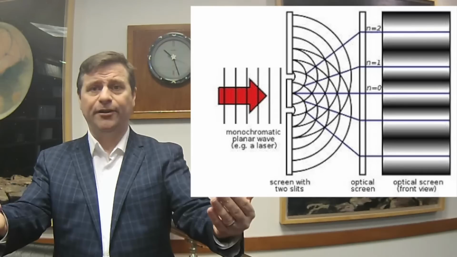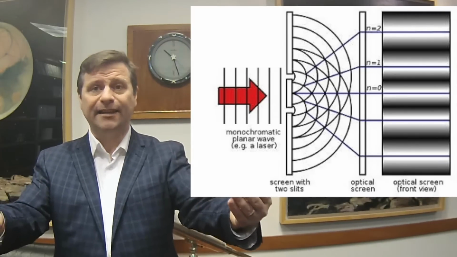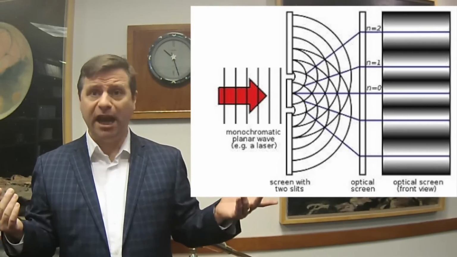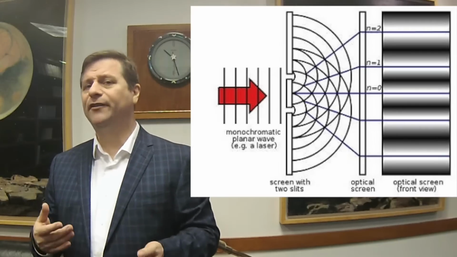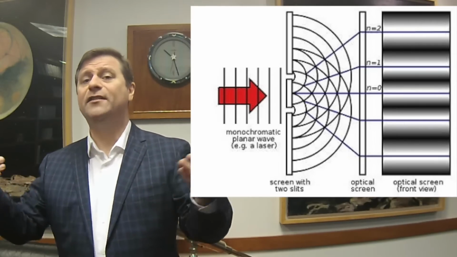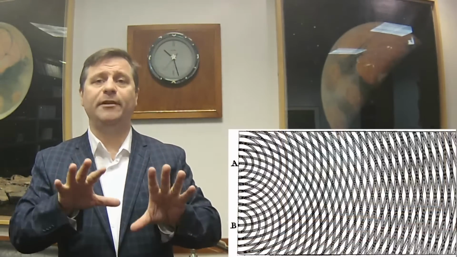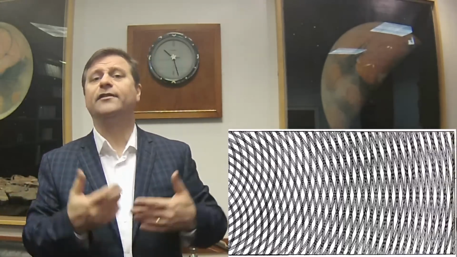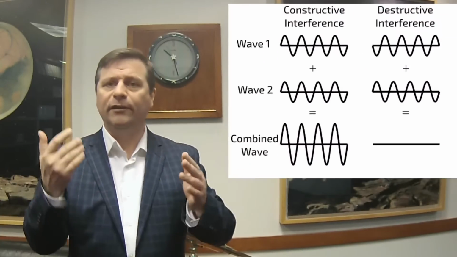And if he moved the barrier, at least where you detected it, closer or farther away, the positions of the light and dark locations changed. So what this meant was that light was acting like waves in water. If you take a barrier like a jetty or a dike where water is coming up through, then as the water goes through the opening, it spreads out, and water waves can either constructively interfere or destructively interfere. And so what Young proposed was that just like water waves, light waves follow what we call the